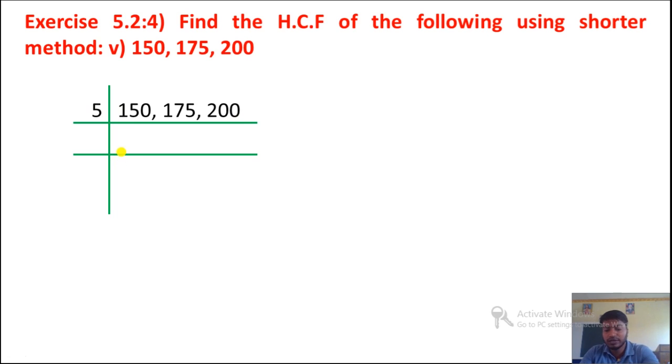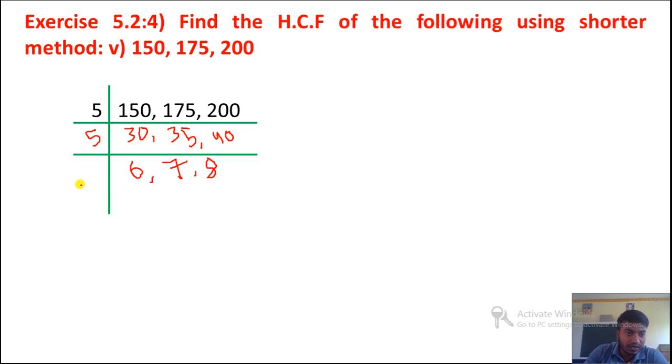So let's divide. 5 3s are 15 and give 0, comma, 5 3s are 15, 2 left, 2 5 is 25, 5 5s are 25, give comma. Now 5 4s are 20, 1 0. Now again it will go by 5. 5 6s are 30, 5 7s are 35 and 5 8s are 40. Now we don't have any prime number which divides 6, 7 and 8 at the same time.